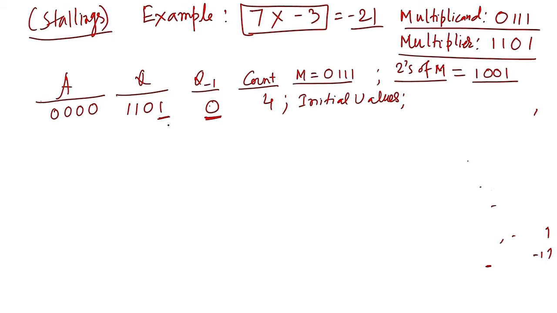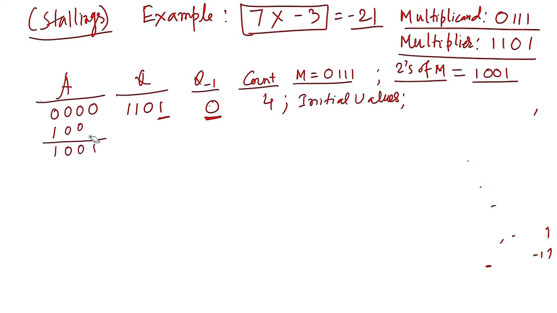Okay. So, here 0 1, that means 1 is going to start. So, then what we have to do? We have to subtract it. If 0 1, then we have to subtract. Subtract means adding the 2's complement of m. So, 2's complement of m is 1 0 0 1. So, we add with 1 0 0 1. So, then if we add it, we will get 1 0 0 1.